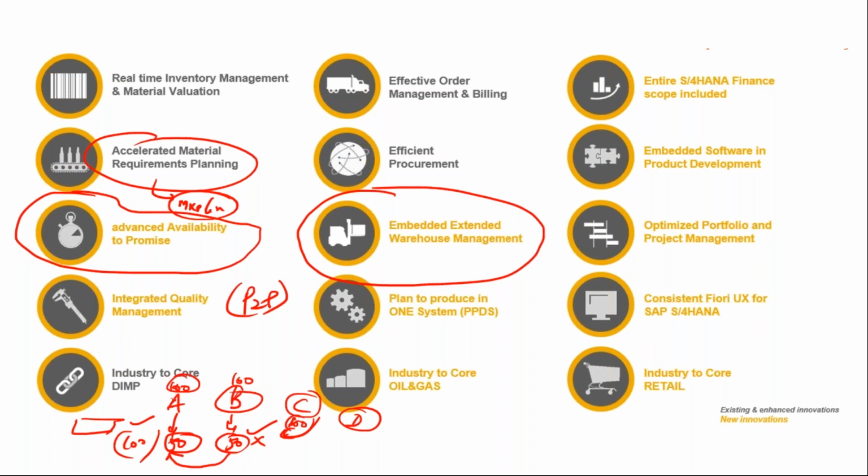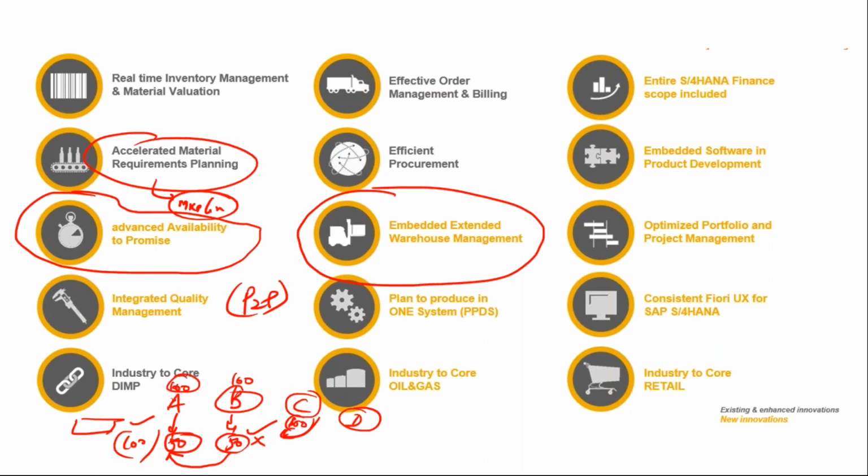Once planned orders are created, it could be either production, or it could be hitting your purchase requirements, so PRs would be created. You have multiple work centers on which your entire capacity loads are there, so this helps you in load balancing your capacity. Capacity will be optimally utilized when planning to production happens in one single system. Then you have Fiori.